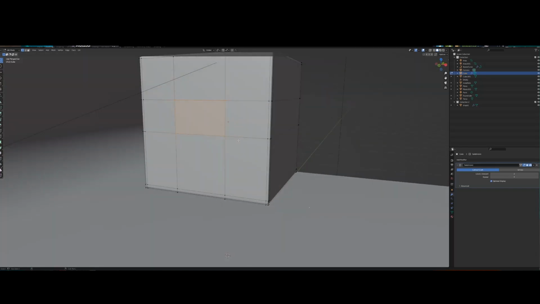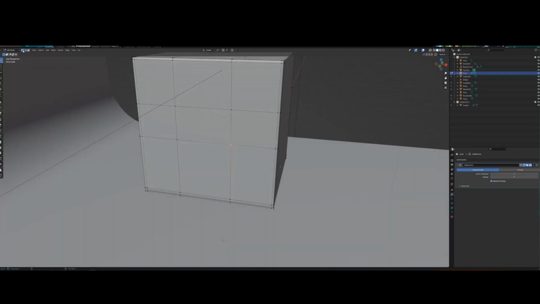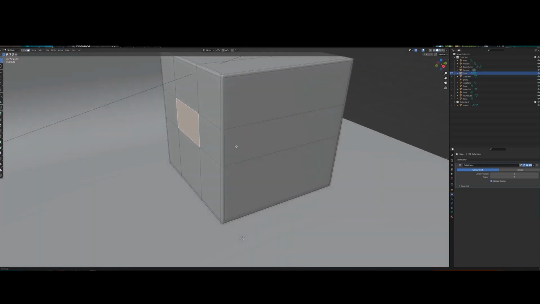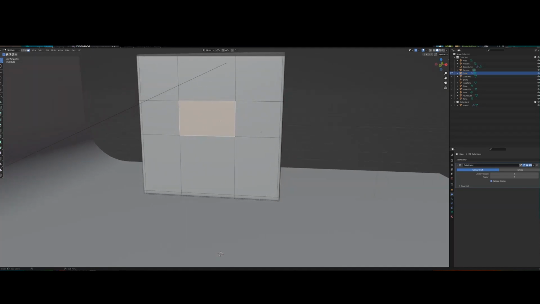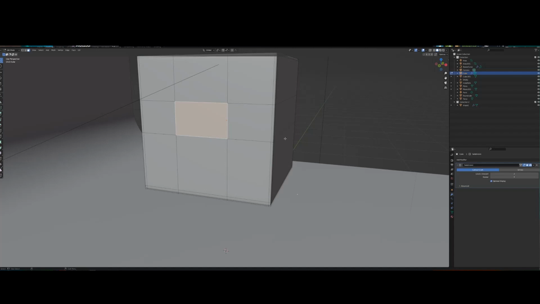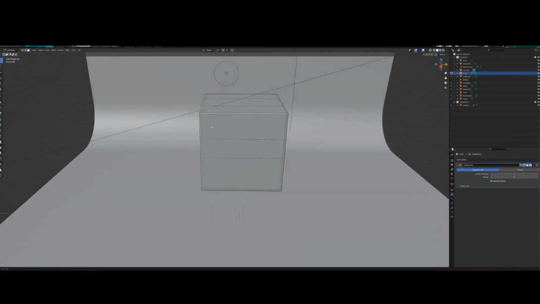An easy way to grab faces, rather than having to highlight all the vertices, is there are 3 little buttons up here. The first one is vertex mode, where we see each vertex. The middle one is edge mode, so we can highlight the edges between 2 vertices. And then there's face select, so you can do full faces. If I wanted arms, I'd click this face, and then shift click that face so that you're still highlighting both. And then you click E